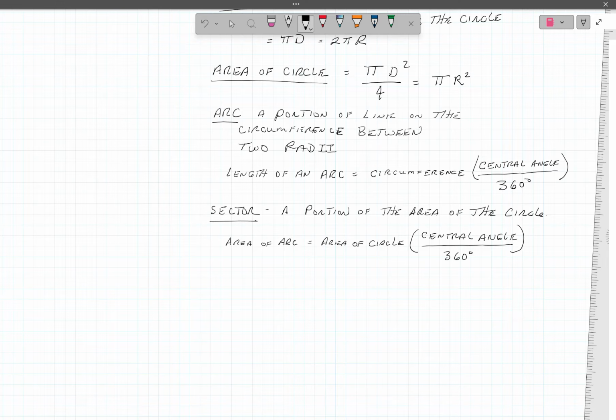So the area of the arc, or this area of the sector,